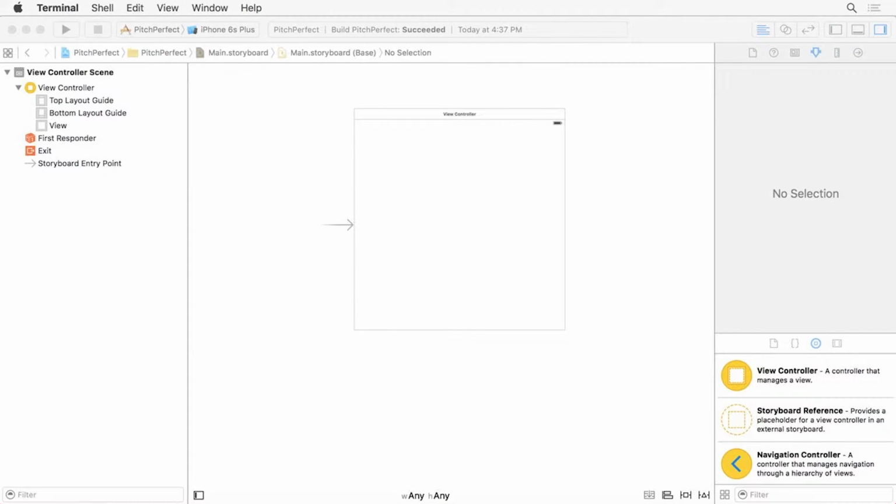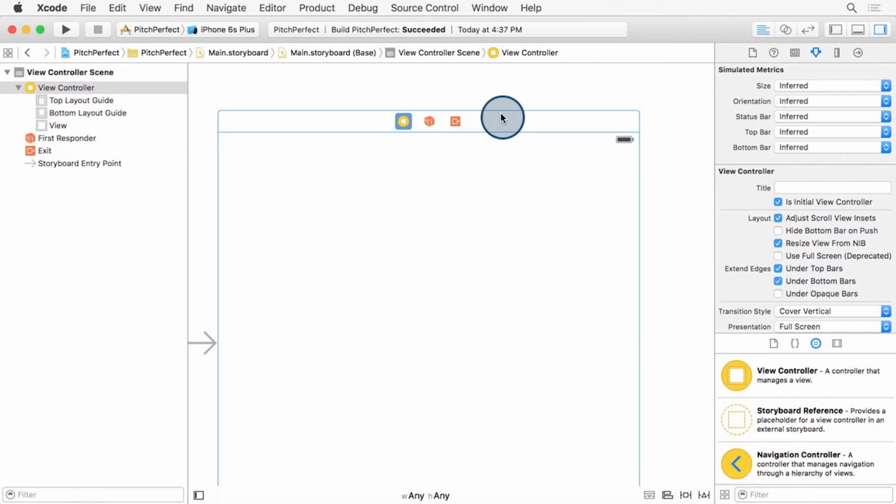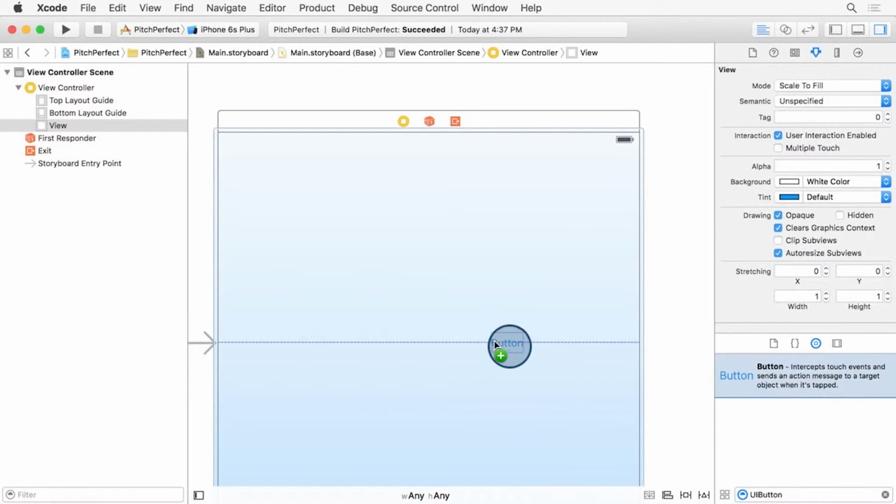as I've done here. Before we can drag a button in, this view needs to be at 100% zoomed in. Double-click on the header here to do that. Let's start by dragging in a button to this user interface element. On the bottom right, scroll and select the button, or search for it by typing UI button. Drag the button to the center of the screen using the two blue bar guidelines to center it horizontally and